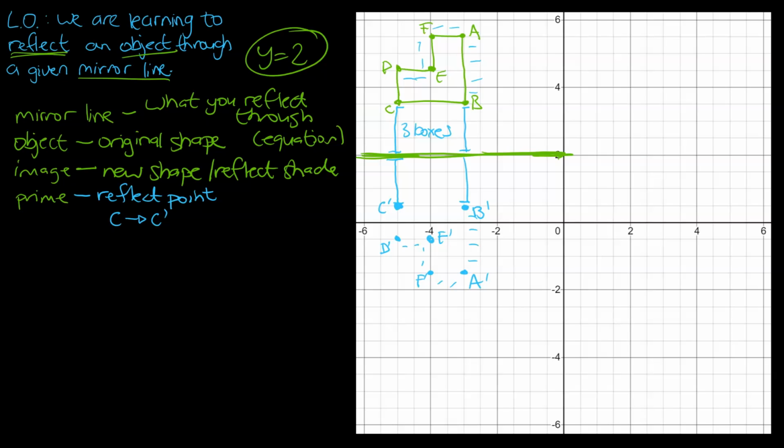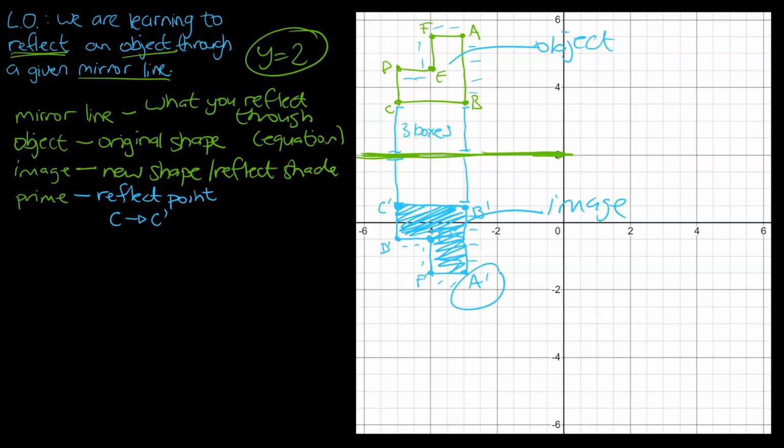I always like to do the points first, just so I can be sure about it. Once I've made the points, I'm basically going to play a game and connect the dots to finish up my shape. So I'm going to go across to B prime, down to A prime, across to F prime, up to E prime, across to D prime, and then up to C prime. Then if we shade that in just to demonstrate what we've got, that there is our reflected shape, or our image as well. So up here, that there was our object,